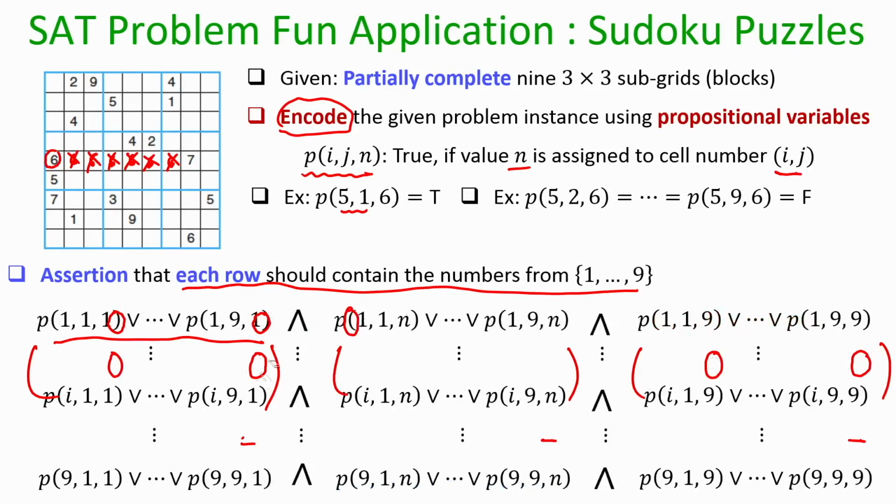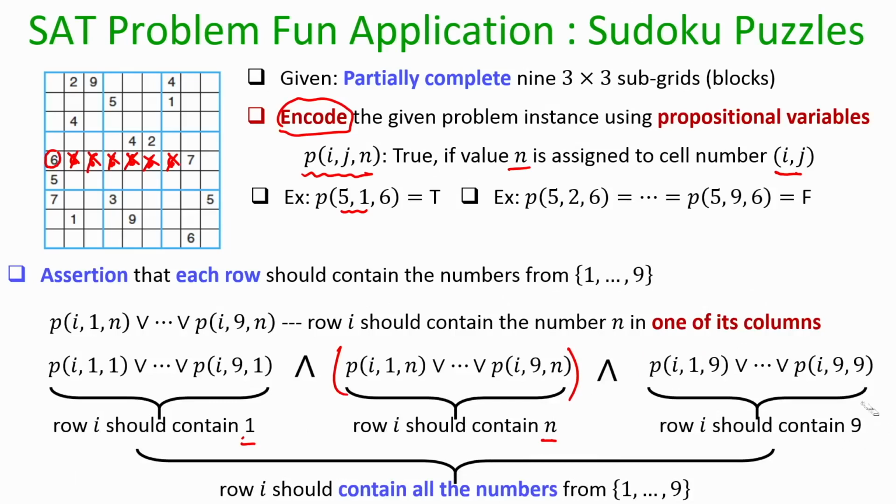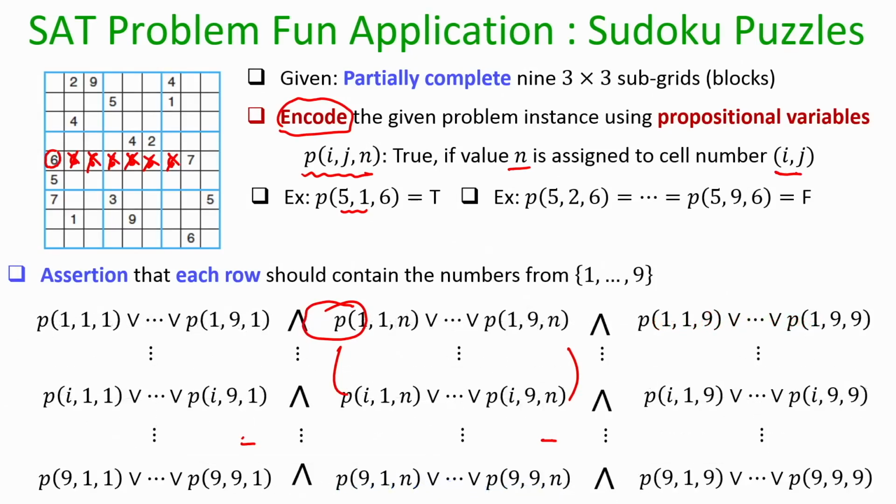Okay. So, now what I can say is that if I iterate over i equal to 1 to 9. So, remember whatever I did till now is with respect to the row number i, but now I have 9 possible rows. So, my i can be 1, my i can be 2, my i can be 3 and my i can be 9. So, if I iterate over various possible values of i and if I take the conjunction of all these disjunctions separately, then that represents my first restriction of the solution or the first assertion that my solution should satisfy, namely each of the rows should have the numbers 1 to 9 somewhere.